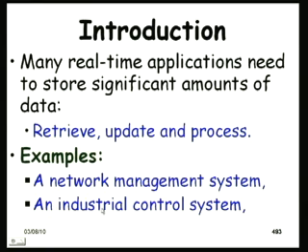An industrial control system monitors various parameters of the industry that is being controlled, maybe temperature, pressure, maybe chemical reaction rate, and so on. And based on these parameters which are stored,